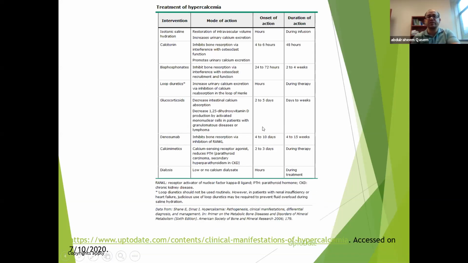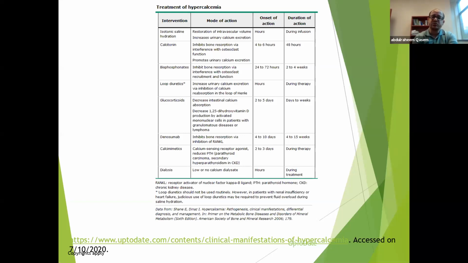Treatment, usually the main initial treatment is IV fluid. So in the emergency department, those people who present with hypercalcemia will be very dehydrated. Their intravascular volume will be very low. Usually they have acute renal failure, pre-renal acute renal failure. So it's very important that you give them fluids, 2, 3, 4 liters of fluids as boluses to replenish their volume status. And then after you give the fluids, you can diurese them. So you need to fill the tank first,